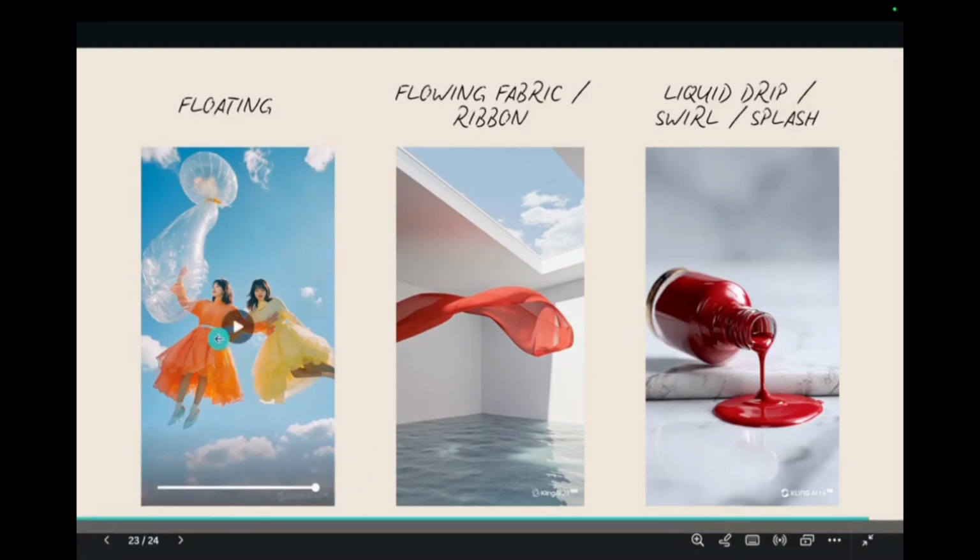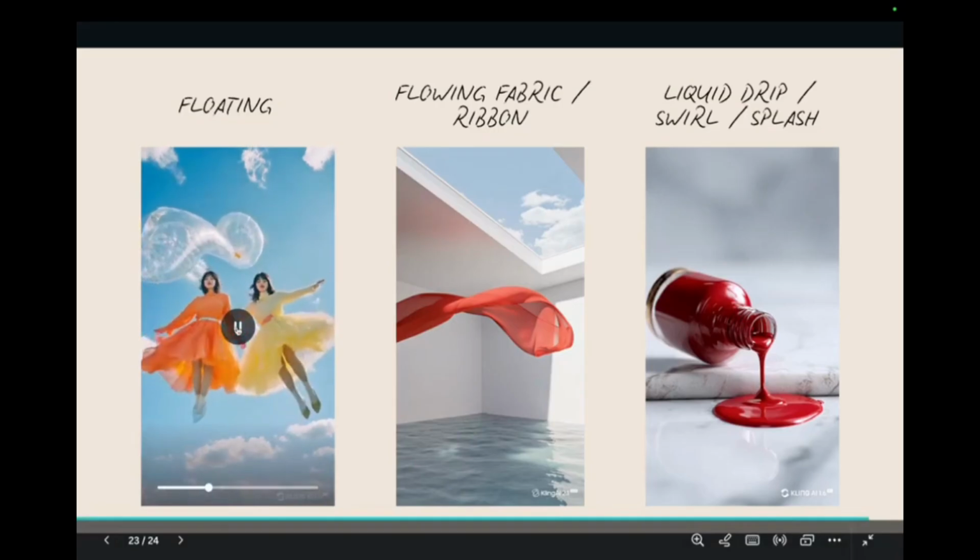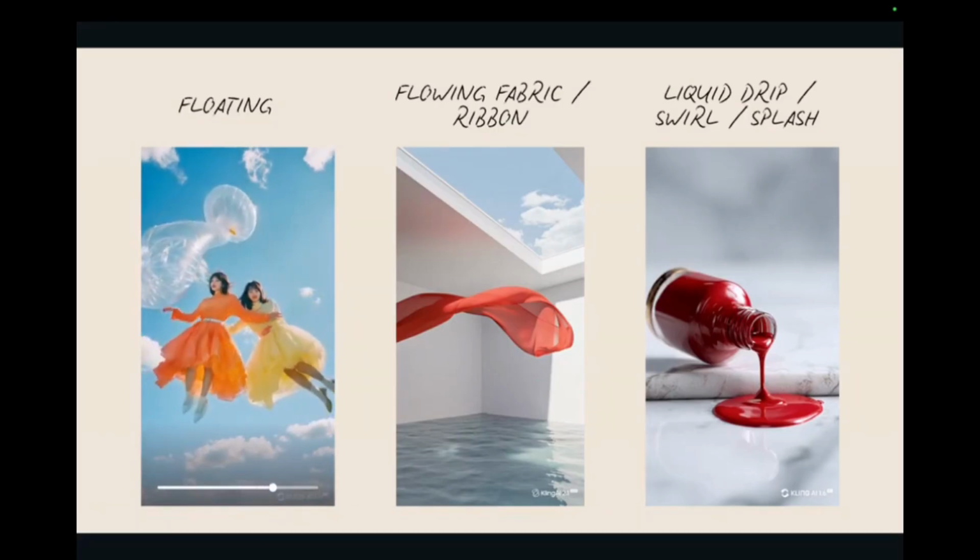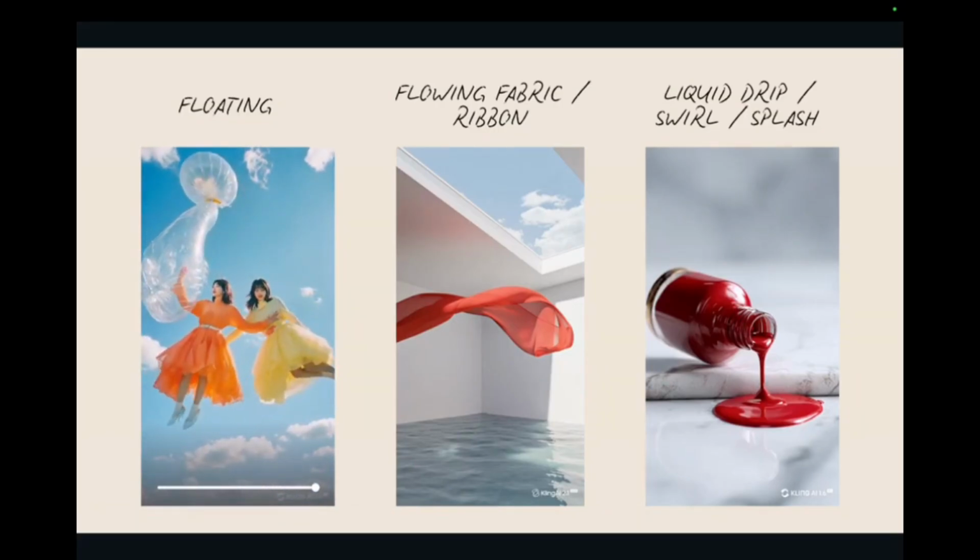First of all, we're going to see floating. Floating can be a product floating, a computer floating, a balloon floating, anything floating in the sky. AI is really good with surrealistic things and things that you can't accomplish in real life, and can create a fantasy around them. These two girls are flying in the sky. You can do any item or product you want. It gives it a dreamy look, a weightless feel, and looks expensive, clean, and modern.